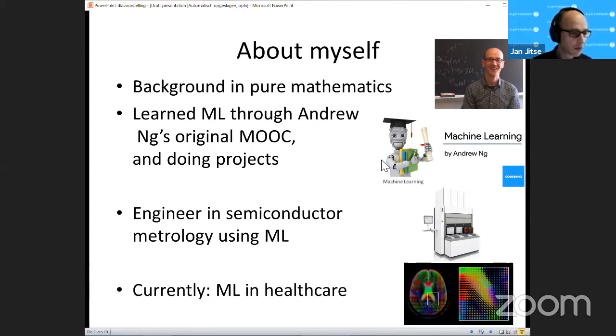So I'm working currently on machine learning in healthcare, using machine learning to improve healthcare. This is very relevant, I think, for the course at hand, and this is what I'll be talking about now. Just a small disclaimer: any opinions and statements are my own and not of any of the companies with which I am or was affiliated.